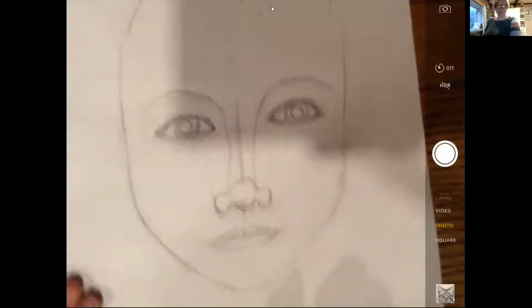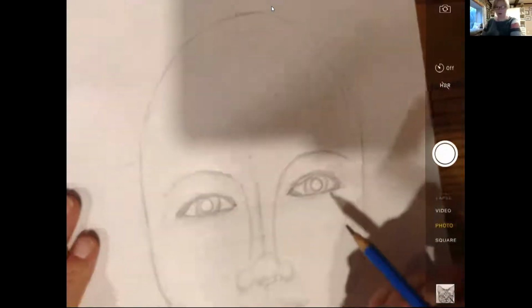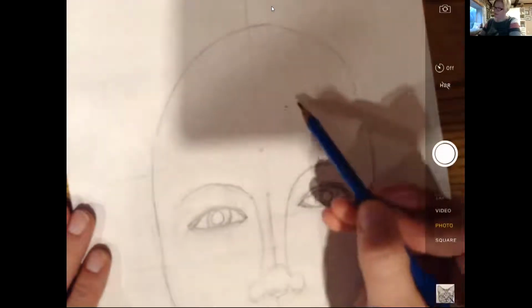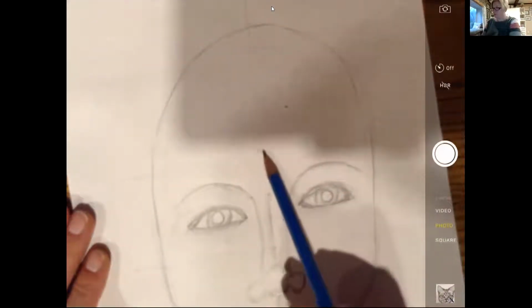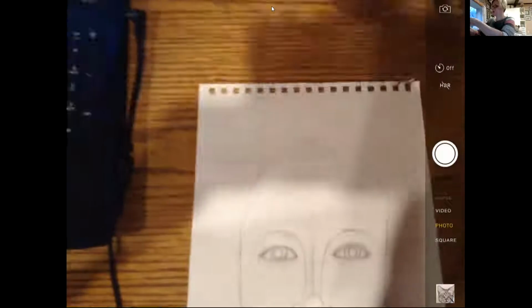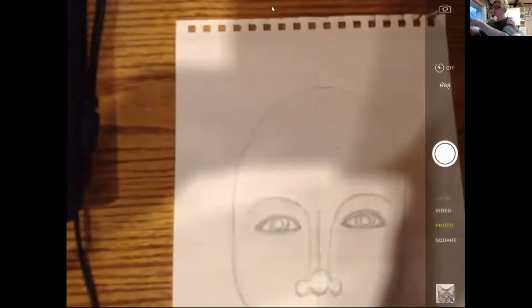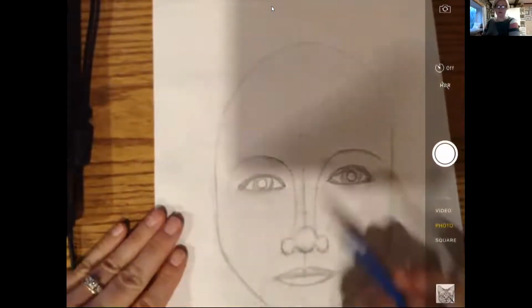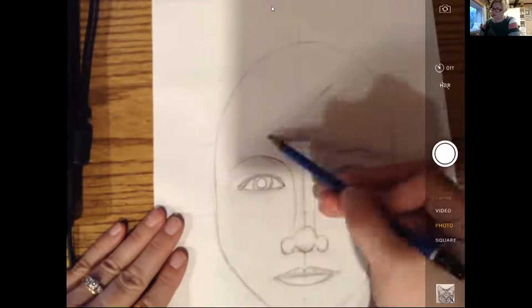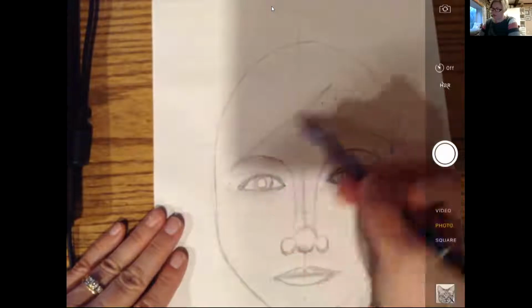All right, so then if you were making the hair, you need to think about the forehead and how big the forehead is, okay? So the forehead would be, we have our original dot here. Our forehead would be, hold on a second, let me bring this up a little bit so we can see a little bit better. There we go. Our forehead would be right about here. So let's make this person kind of have like a side sweeping bang,